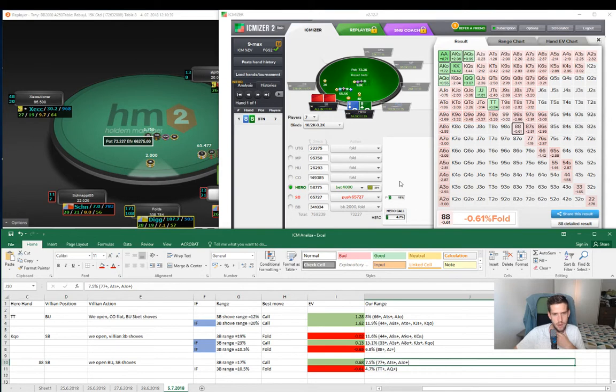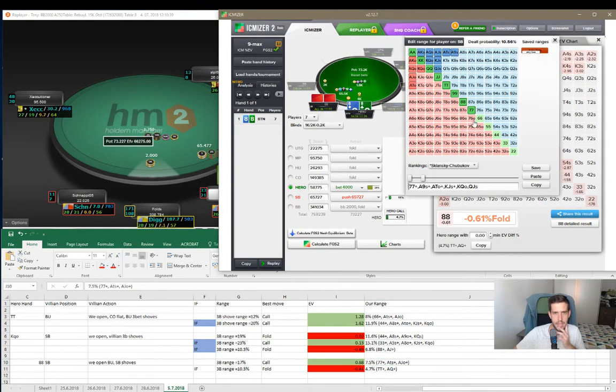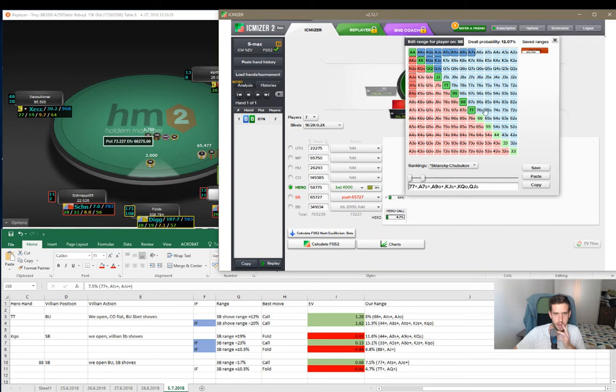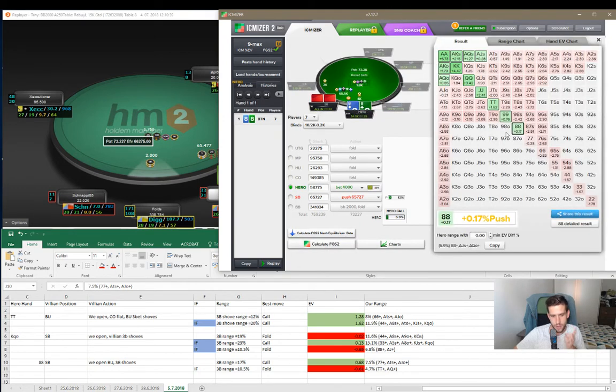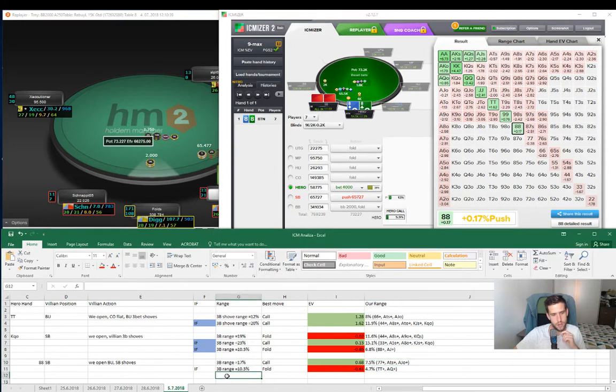So yeah, let's try to find that borderline spot where eights are still plausible, like still a good shove. So let's try to give him like 13%. Let's see, with 13% what should we be calling? As you can see, 13% is kind of a threshold where pocket eights are still a profitable call. So if his 3-bet range equals about 13%, we should call